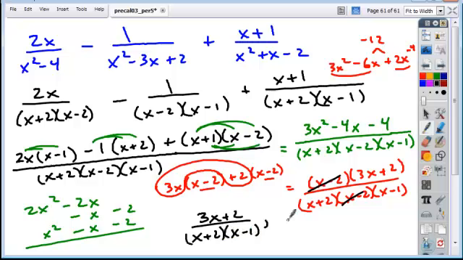Did you cancel any factors from your denominators? Yes. So you need to account for that. X can't be 2. Is that demonstrated in this simplified form? No. Okay, so